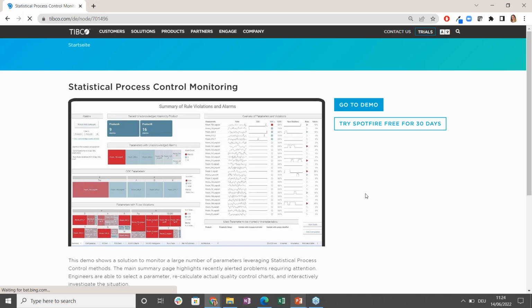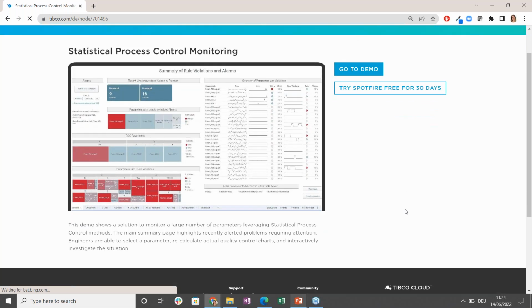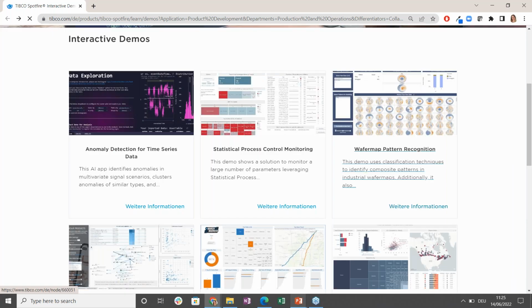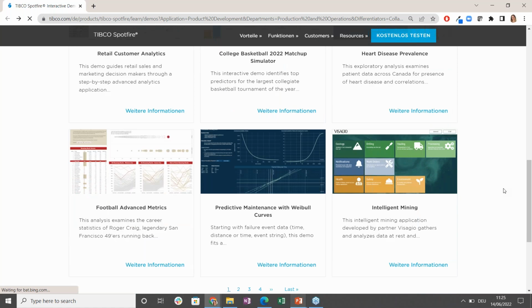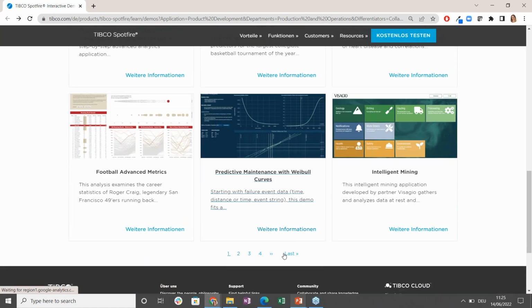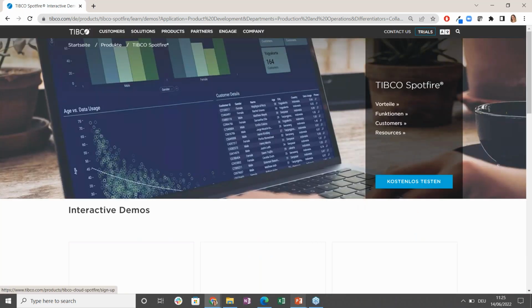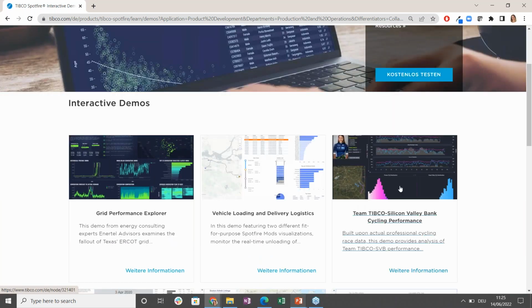If I just quickly show it to you, you will find interactive solutions which you can try out to see how it looks. You can interactively discover the functionalities and discover the use cases shown in the interactive demo gallery. We are supporting many different verticals. So you see here, there are a lot of different use cases. Please visit the demo gallery and make sure that you try out some or multiple use cases on our demo gallery page.